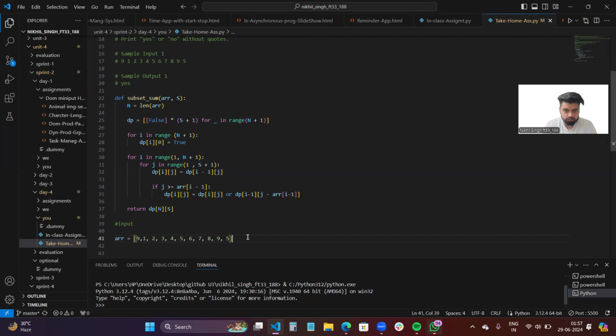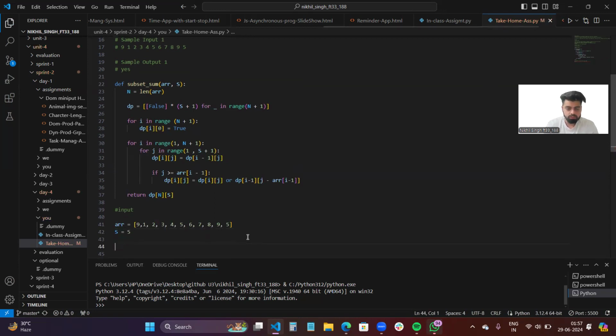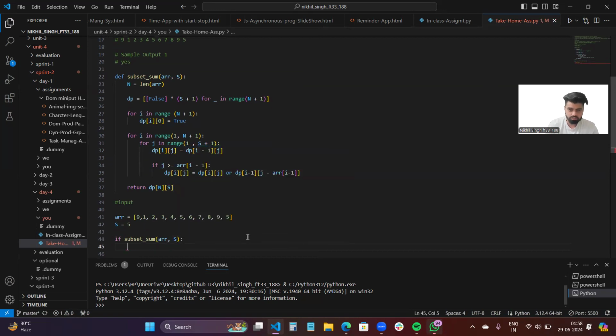And now let's take the sum. Okay, sorry, we are using the s here for the sum. Sum will be 5. So now we will just check if the subset sum exists or not. So we directly write if subset sum array is, then print